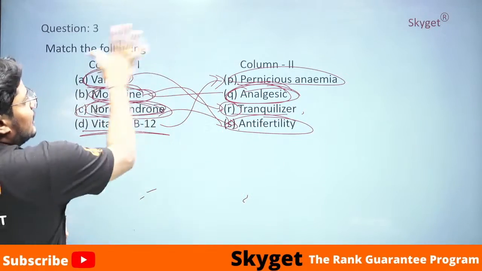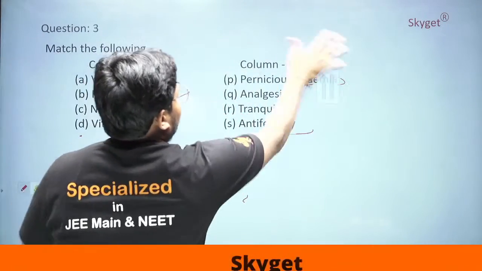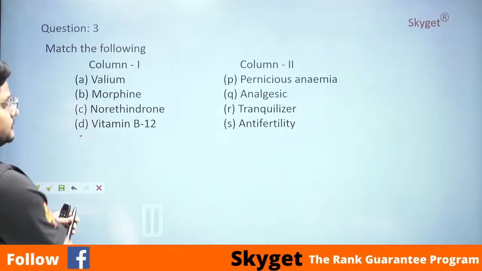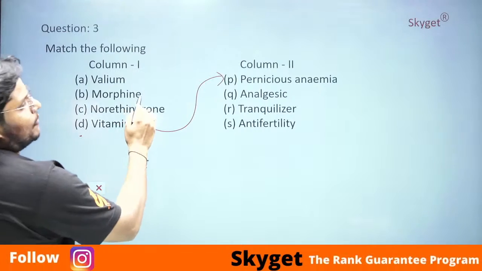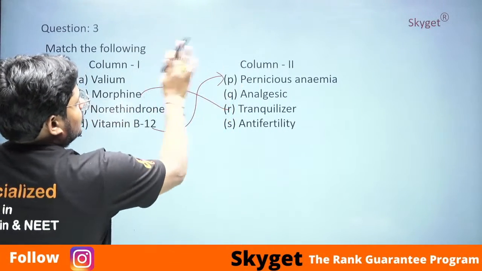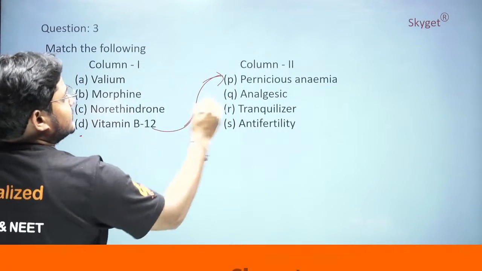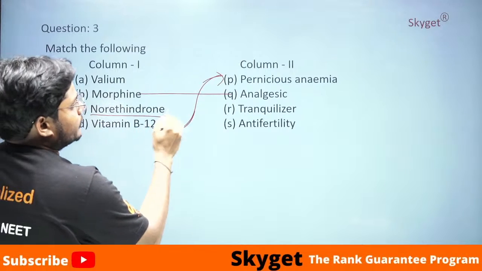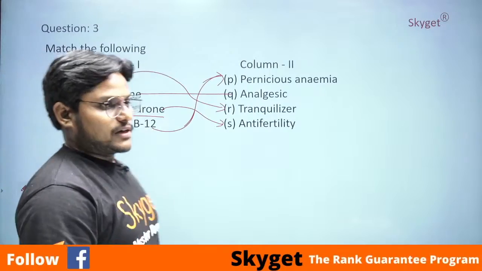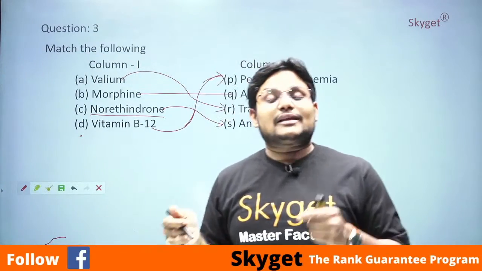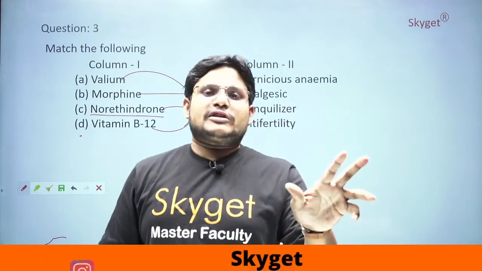Valium works as a tranquilizer. So if you see here, students, I'll write clearly. Vitamin B12, pernicious anemia; morphine, analgesic; and norethindrone is an anti-fertility drug, and Valium is a tranquilizer, students. So these are direct, but as I told you, students, two concepts have been given in